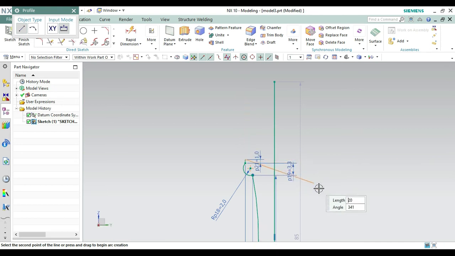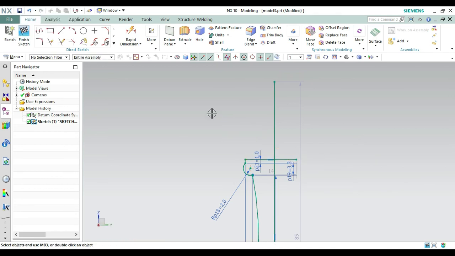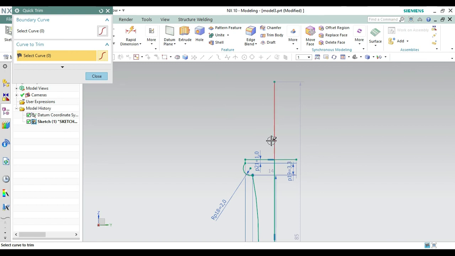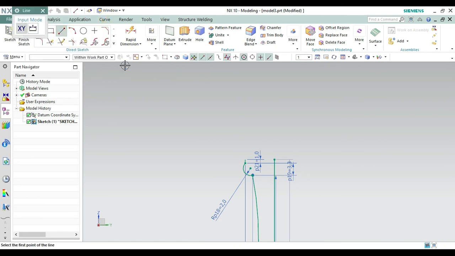Okay, now what we have to do is to first connect these two lines. Okay, now what we have to do is to quick trim the extra lines first. Trim this one, trim this one, and trim this one too. Again what we have to do is to create a line of length 15. From here creating a line of 15,